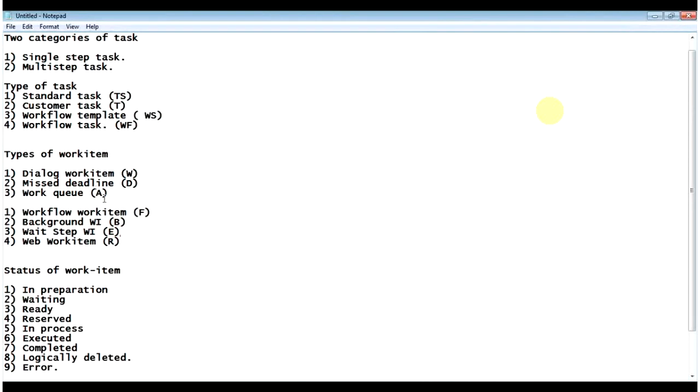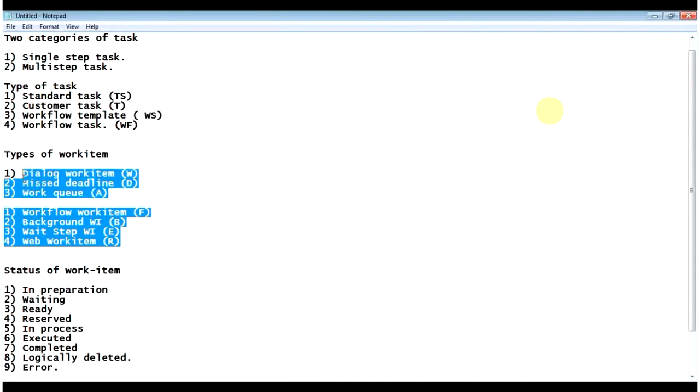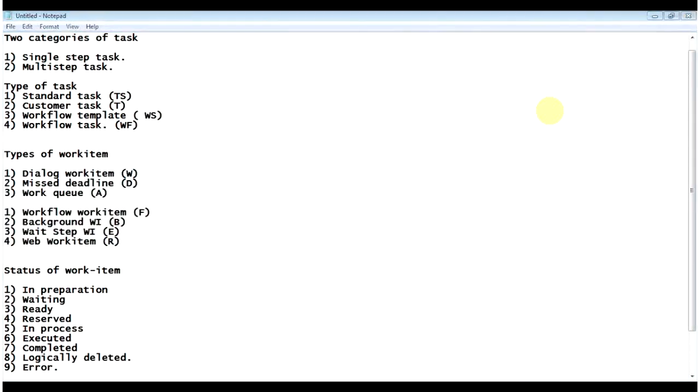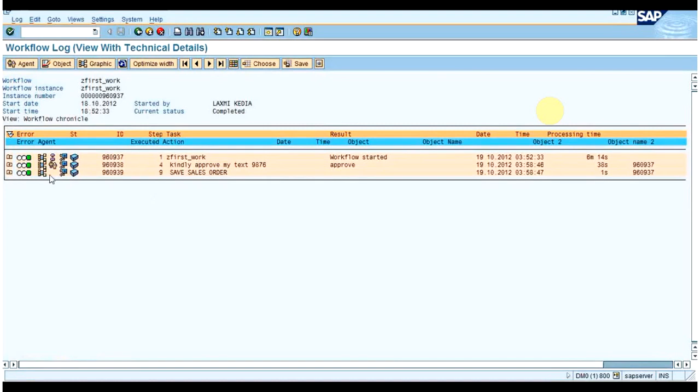It will take you to the workflow log technical details, and if you want to see more technical details, you have to click Control P and ensure that caps lock is not on. If you want to see all the data present in the containers and how the flow has been done, you move to the technical log through Control P.